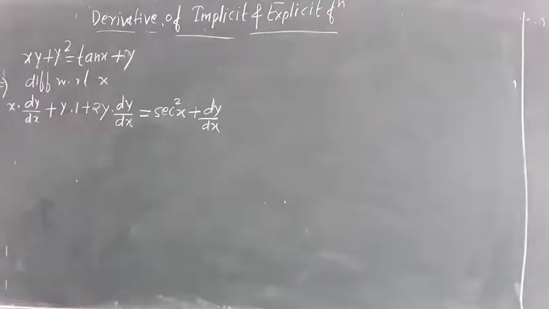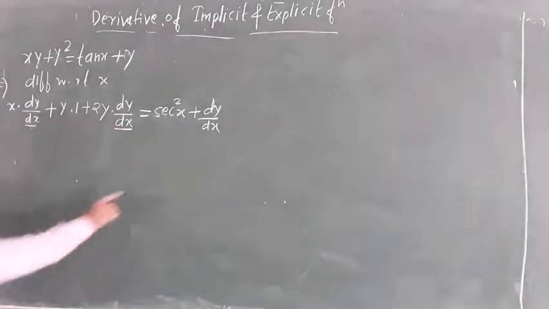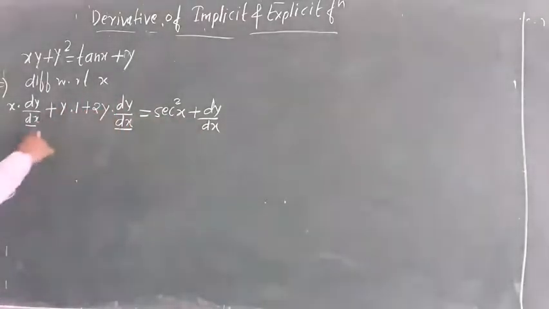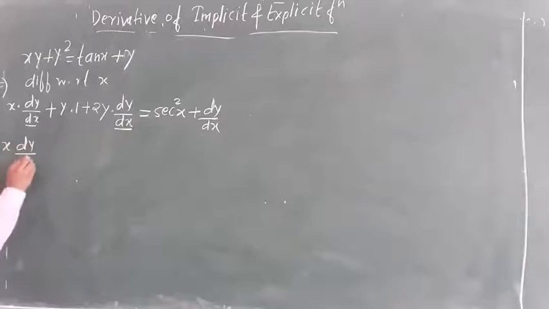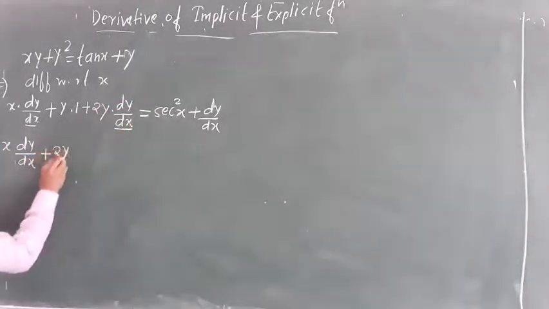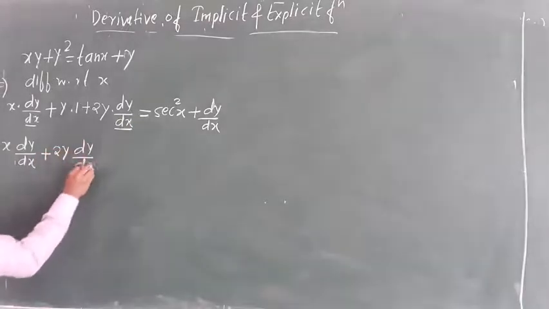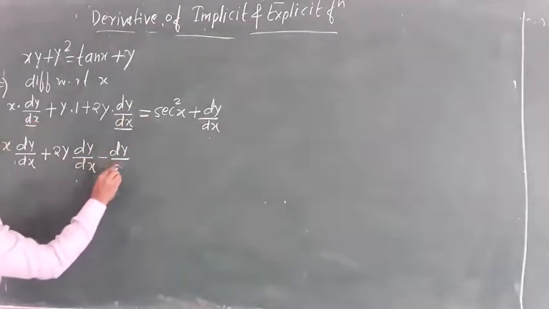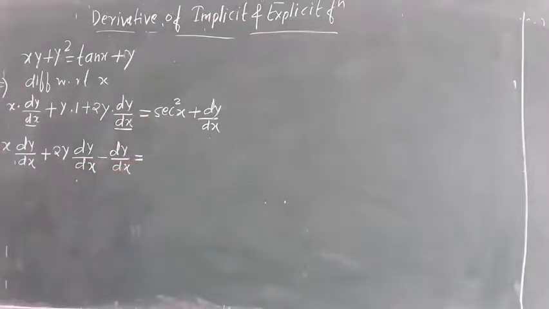Okay. Now if you observe in this, there are 3 dy by dx terms. So collect all the dy by dx terms at one side. Okay, already two are present in the LHS. So one more is there in the RHS. That also transfer to the left hand side. So here x into dy by dx as it is plus 2y dy by dx as it is. This plus dy by dx transfer here, so it is minus dy by dx, which is equals to